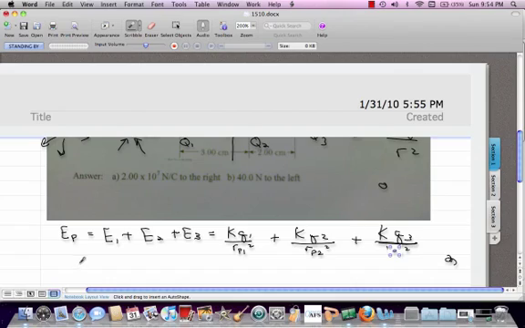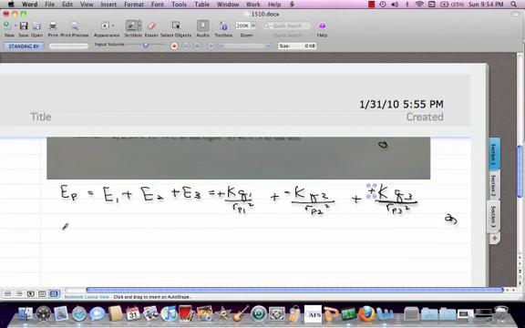There we go, okay. So now remember that I said that for this first one, I'm going to have a positive because it's going in the positive x direction. This one's going to be negative, going in the negative direction, and this one's going to be positive. And I'm not going to worry about the signs of my charges here. I've already taken care of the signs by dealing with what direction the electric field is in. So when I plug in the numbers, I find that EP is equal to this charge here, 9 times 10 to the 9th times 6 times 10 to the minus 6 over, now look, my location